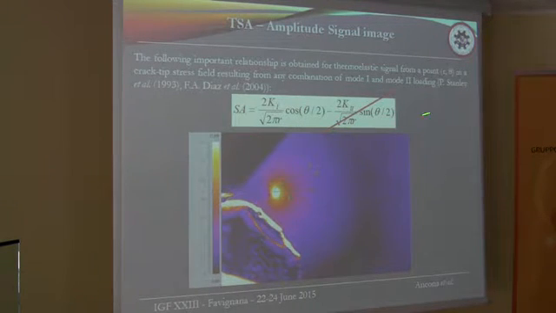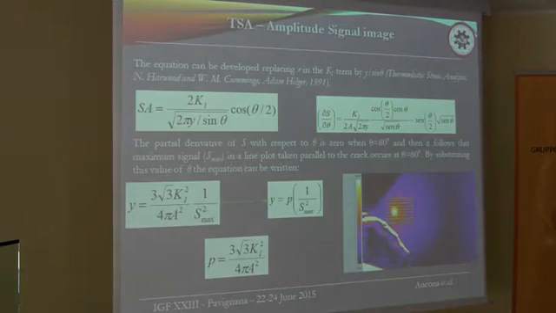From this relationship, it's possible to relate the thermoelastic signal to the stress intensity factor during the test. So, considering a generic point in this polar system, we can determine this equation. In this work, we consider only mode I loading. It's possible to replace in the previous equation the term r with epsilon divided by theta. So,